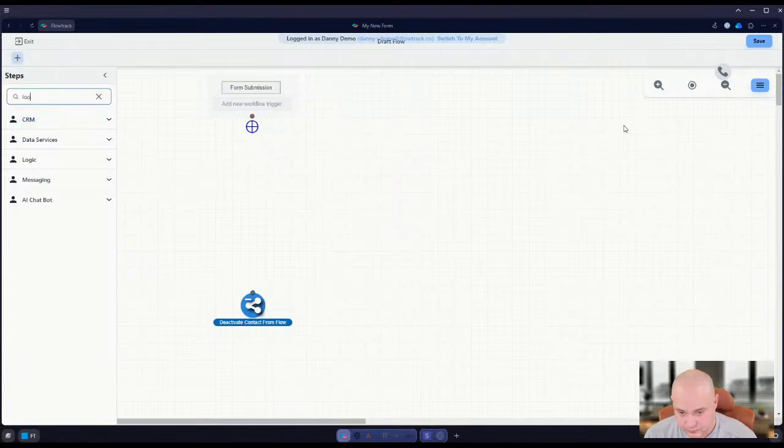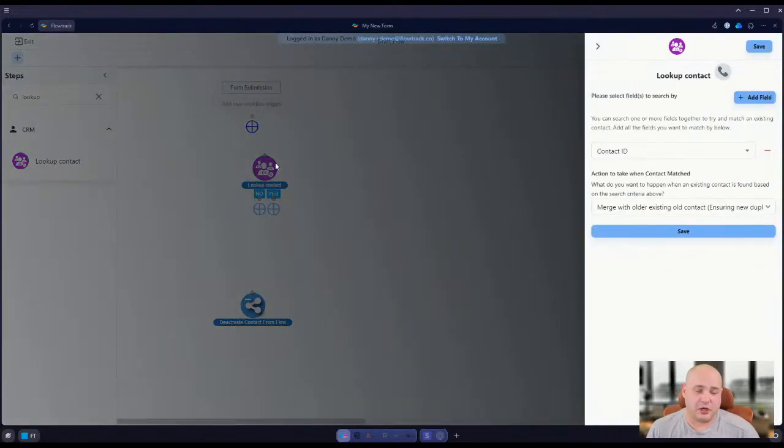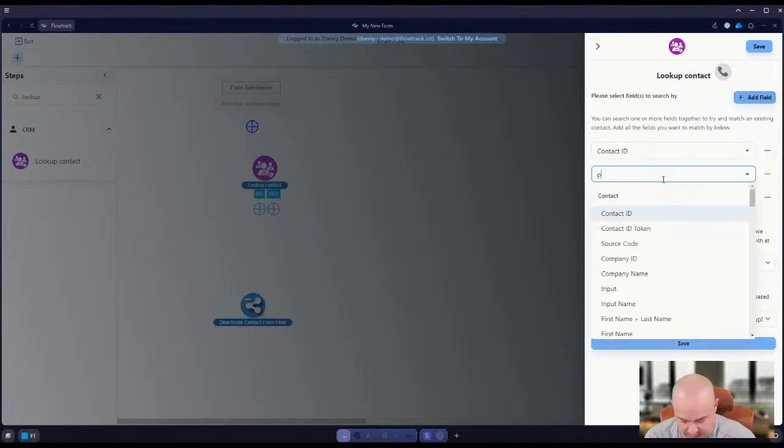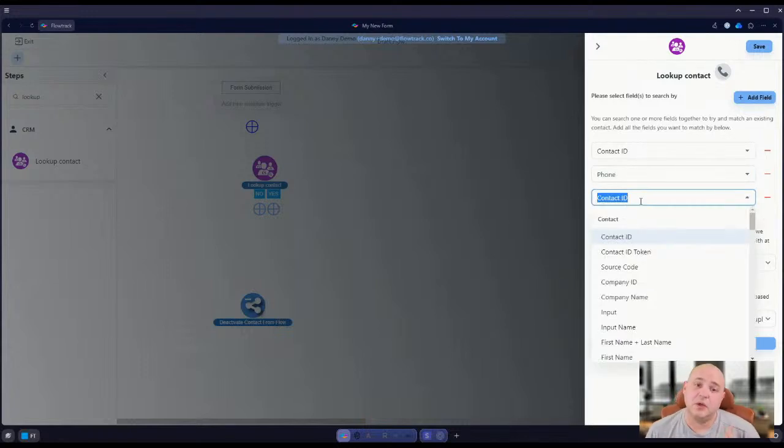All right. Now, I like adding a lookup contact, even though it's a little redundant right now. And for those of you that don't know what a lookup contact does, it basically prevents duplicates in most scenarios. Okay. So I'm just going to add one real quick. And I like to match my people by their contact ID, which is their ID in the system,